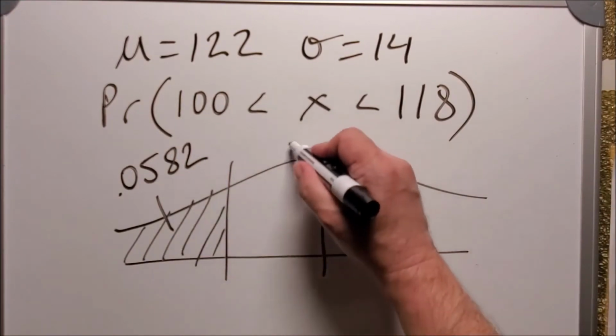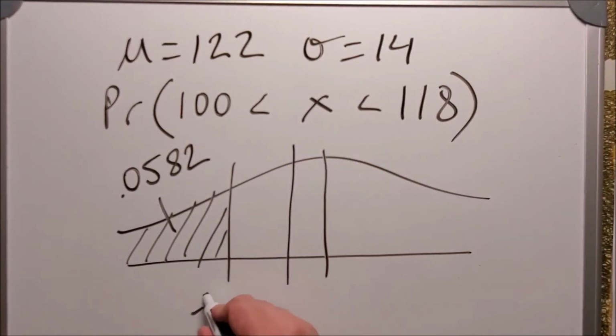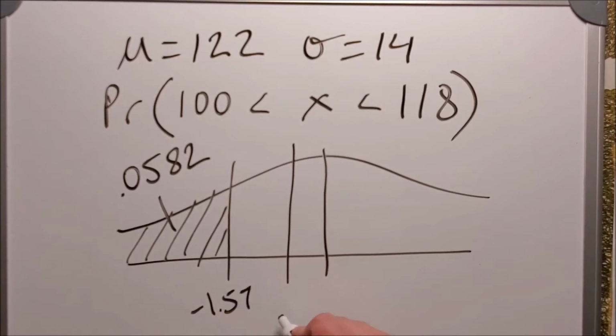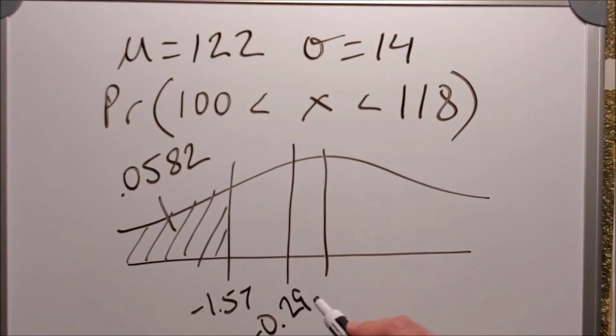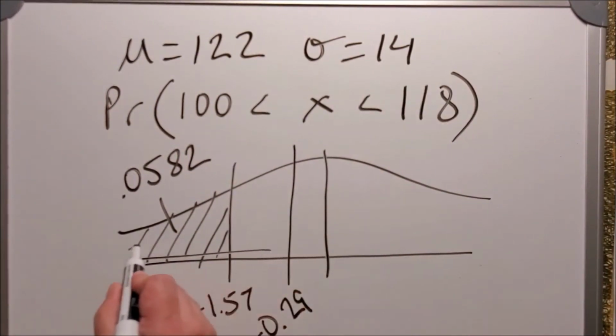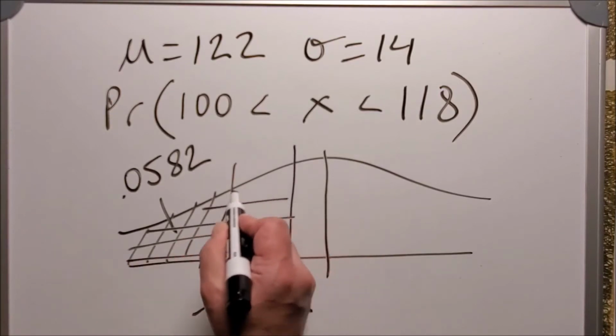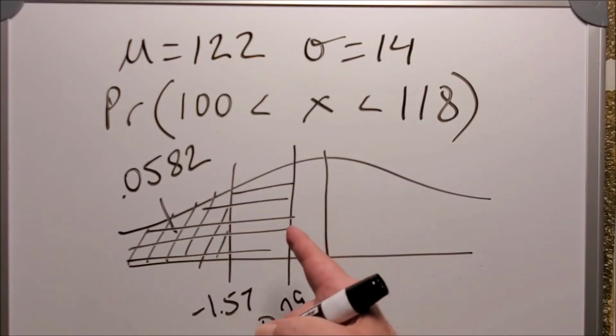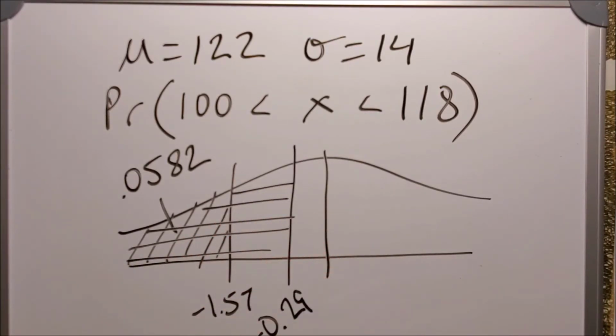And the area that I got to the left of negative 0.29 was, let me fill that in to make sure it's clear exactly what area we're talking about, the horizontal lined area was